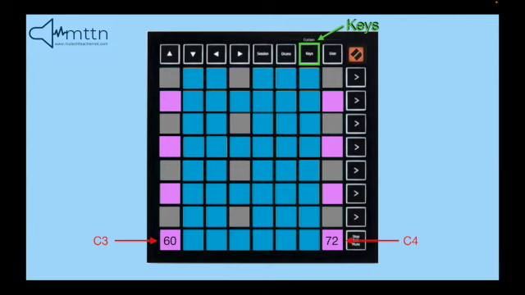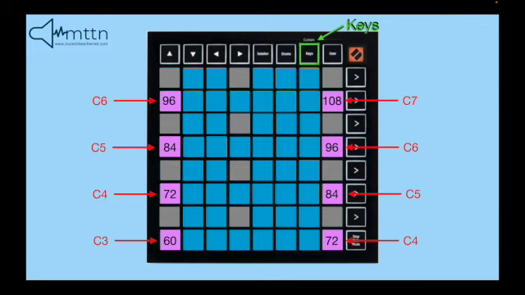One of the things that's kind of unique about this layout is the octave on the right is going to be duplicated in the row above it with the octave on the left. The pink keys are going to show you all of the C's on this chromatic keyboard. So C72 is going to be the next row at C4, then it goes to C5, to C6, and then the top key is C7, which is going to be MIDI message number